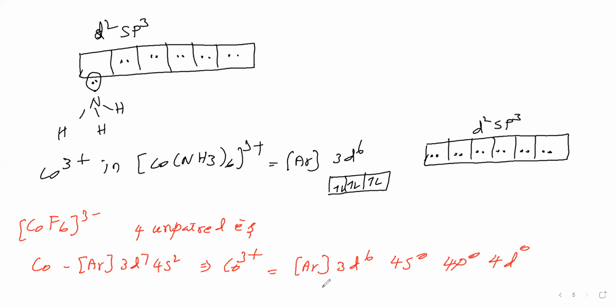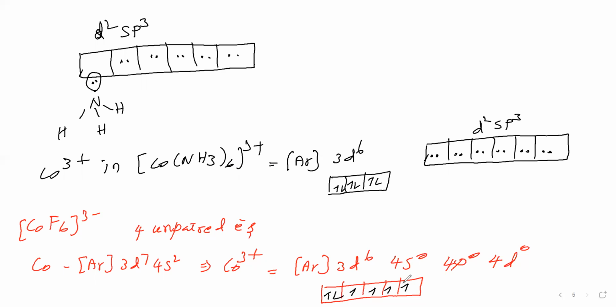Okay. Now how do we fill the 3d6? We have to fill the 6 electrons of 3d such that we get 4 unpaired electrons. So here 1 electron, second, third, fourth, fifth, sixth. We got 4 unpaired electrons. In the previous case we filled 3d6 by disobeying Hund's rule, but here we are obeying Hund's rule. Why? Because based on experimental fact we are doing it like this.